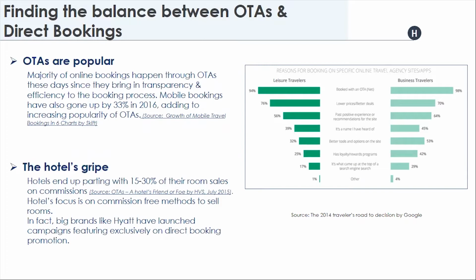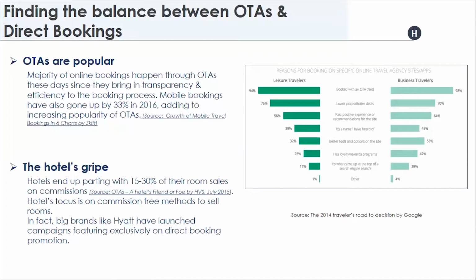But OTAs also drive larger business, and OTAs promote areas and regions better. And even so, instead of just promoting a particular hotel, they might promote the whole region. But the main concern with the hotels is the commission, and direct booking. If they can drive some of the business directly to their website, it will reduce the commission a lot.